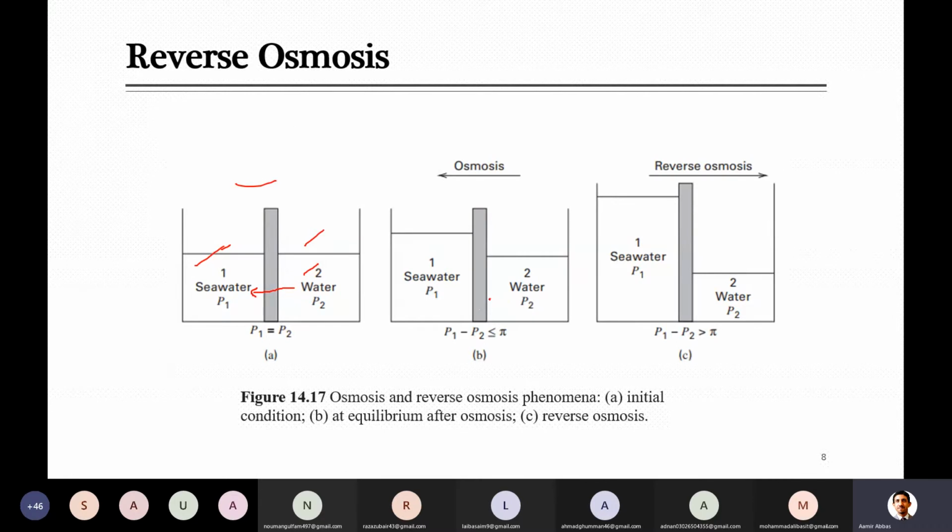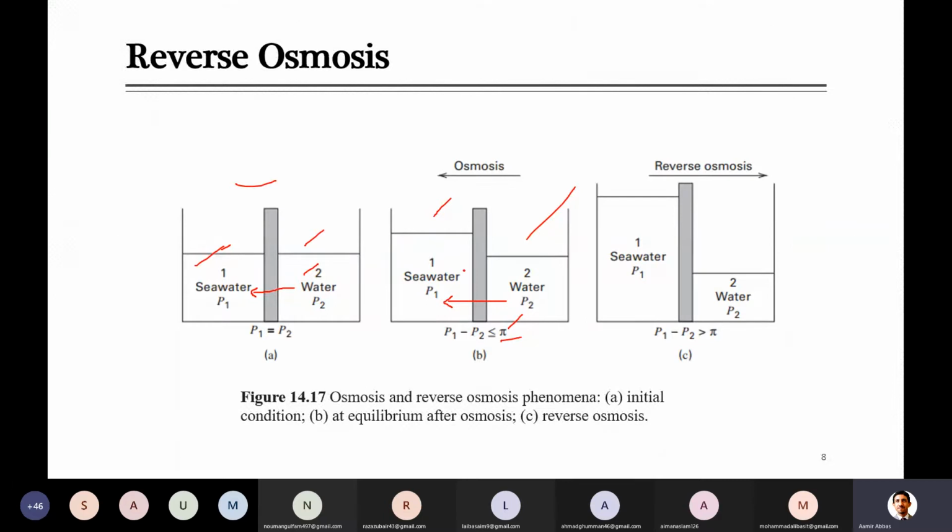So with the passage of time, when water moves to the other side, the amount of water here will keep on decreasing. Just to differentiate, initially their pressure is the same, because we are looking at the liquid head, so you can see that it is the same. Next, when water moves from the pure water side to the seawater side, on the other side definitely pressure will increase because the head of the liquid is increasing. That pressure increase is pi, which we call osmotic pressure.